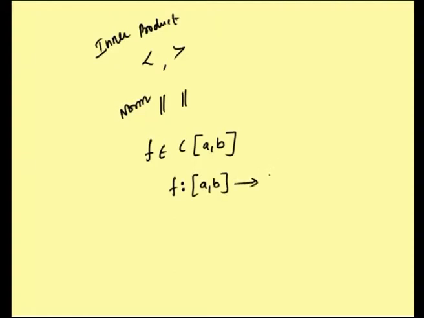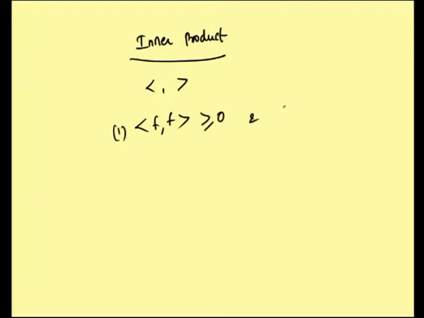b to the range space, range. If it is a real valued function, the range will be real numbers. If it is a complex valued function, the range will be complex numbers. So, first of all, what is meant by inner product? Inner product is the one which satisfies the following conditions. Okay, that is first condition is f comma f is always greater or equal to 0, and f comma f equals to 0 implies and implied by only if f is equal to 0. This is the first condition to be satisfied for a function to be in inner product.